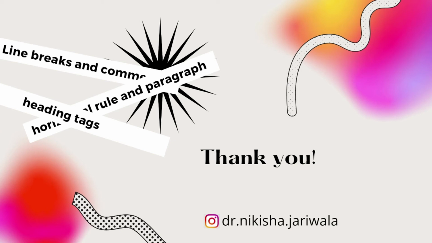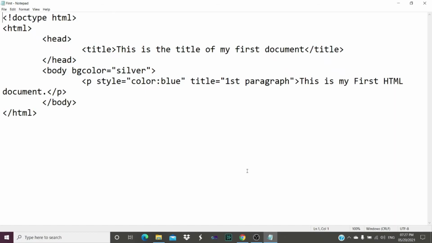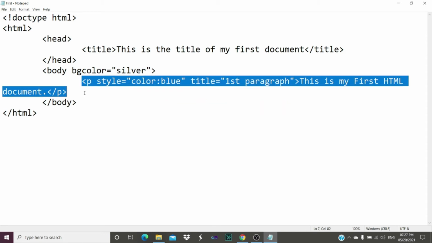So let's open that document, and we will open it in our notepad, because obviously we want to modify the source code. So here is our HTML document, and it is open within the notepad. So we have seen 5 basic tags. First, it is already specified within this document, that is the paragraph tag, right? And as we have seen that it is a basic tag, that paragraph tag is already specified. Now let's do one thing.